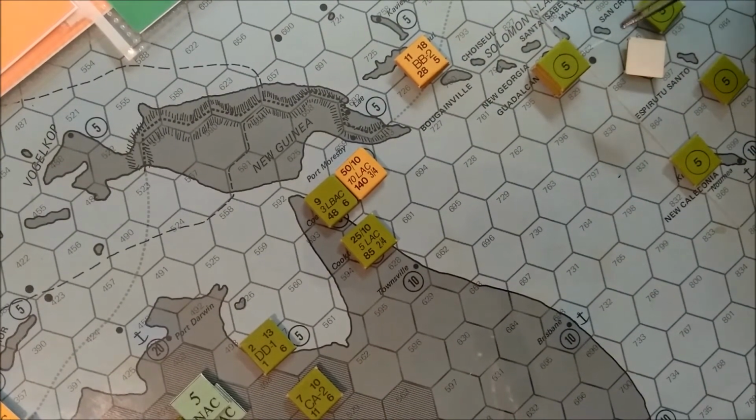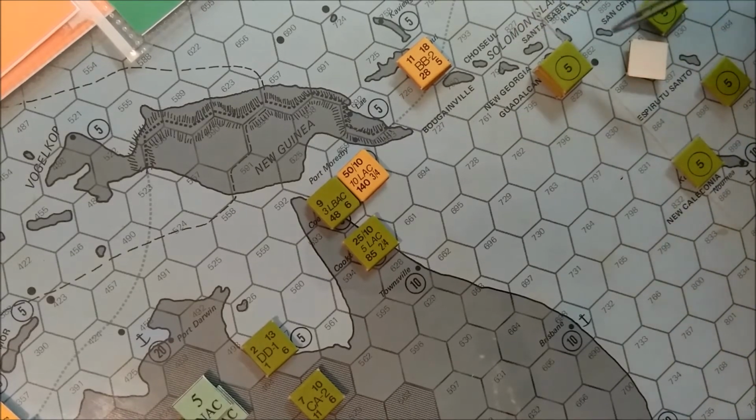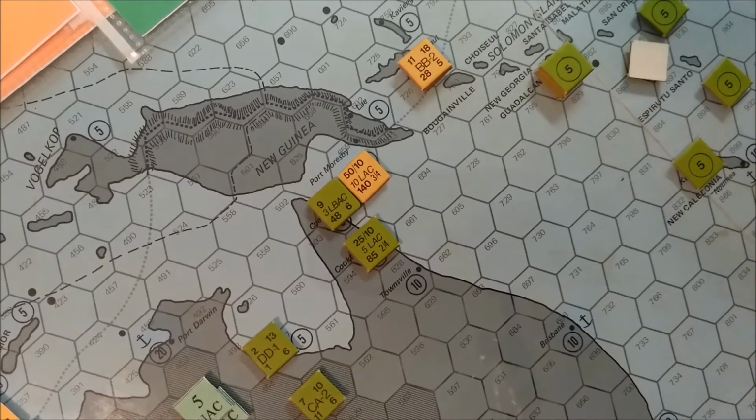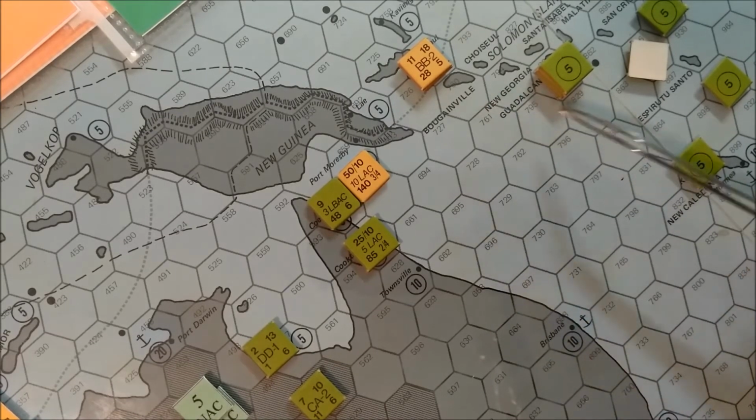The Japanese player, I don't remember the exact positions, but probably came in through this hex side there, and the ones that came from over here, probably the same thing. So they probably all came in the same hex side. Let's see, so